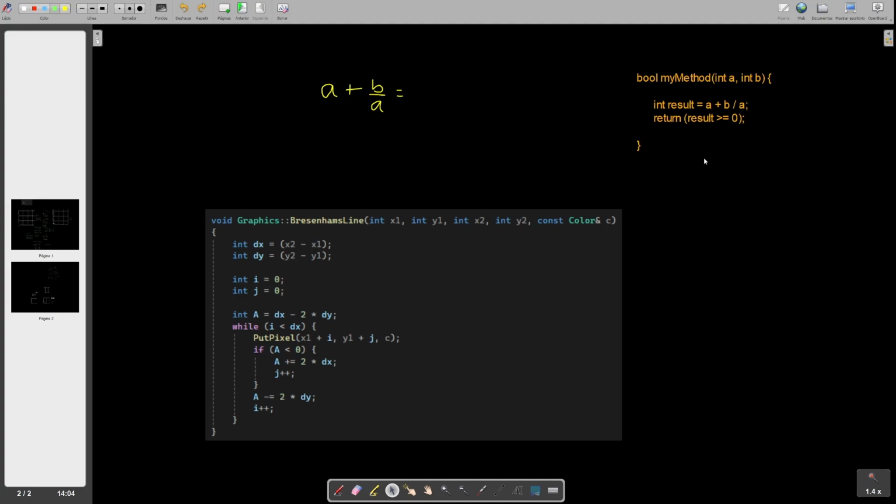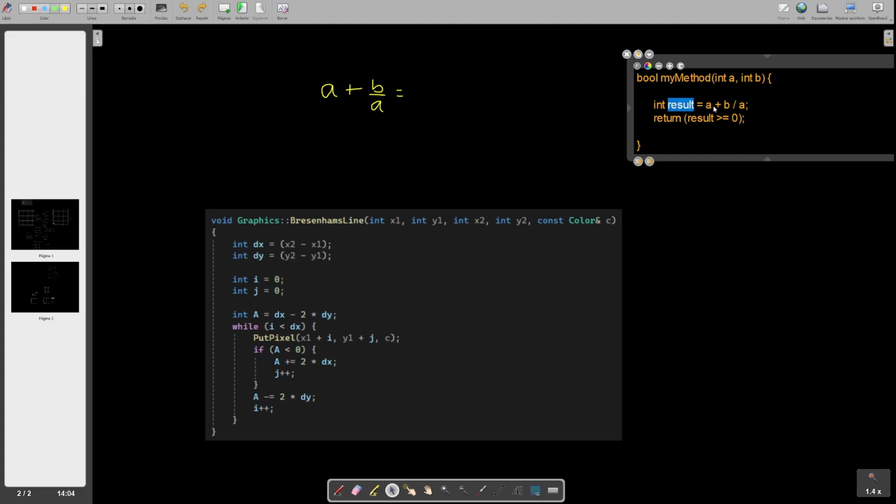Of course, your compiler maybe is going to complain about this variable because it is computing a floating point division with an integer. But you can solve that just by doing something like this, float, and depending on the programming language, you're going to have to do a cast operation, like float, something like this, or whatever. So